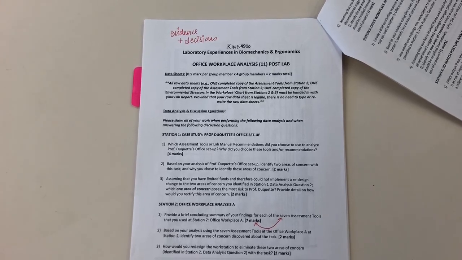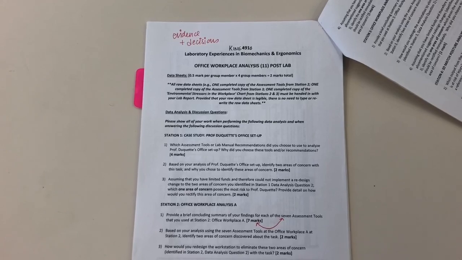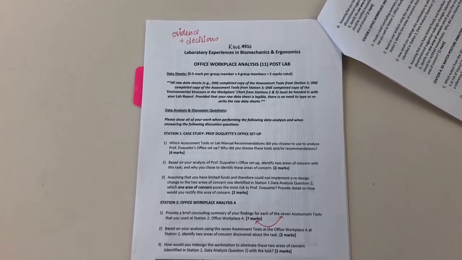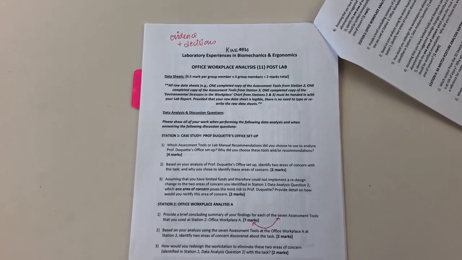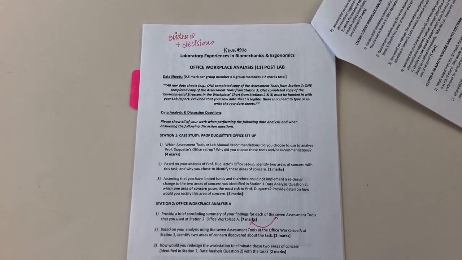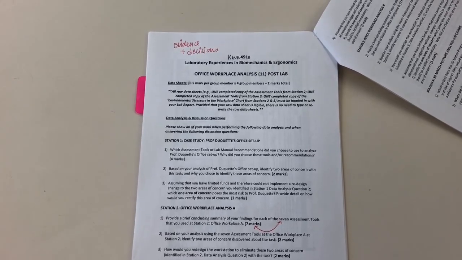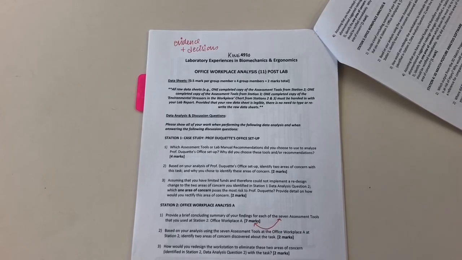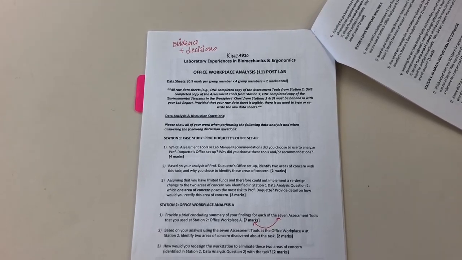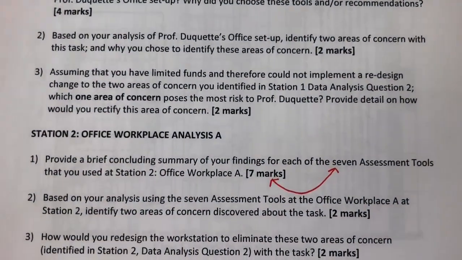Just a couple of tips in order to complete the Office Workplace Analysis Post Lab. Obviously, you see at the top of my page here, I have the tip written that you need to provide evidence and make decisions. And so the evidence will support those decisions. Also, much like Lab 9, where you had 4 analyses tools and you had to provide a concluding statement that was worth 4 marks,